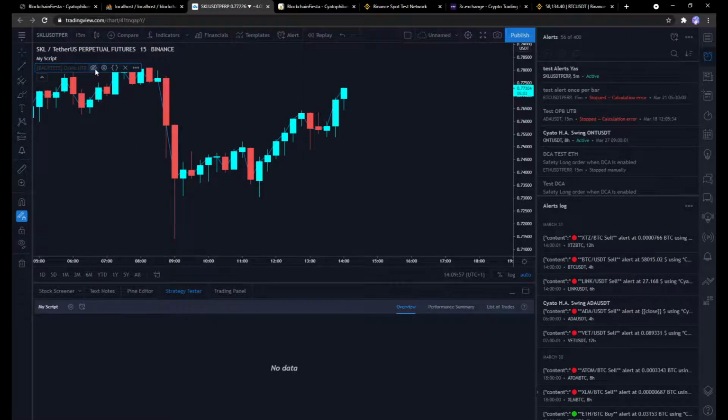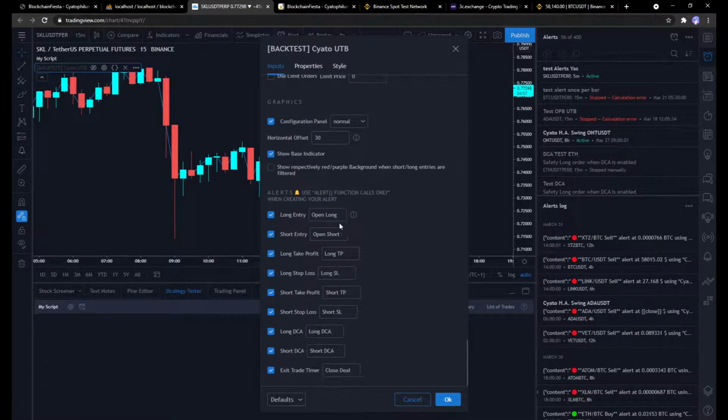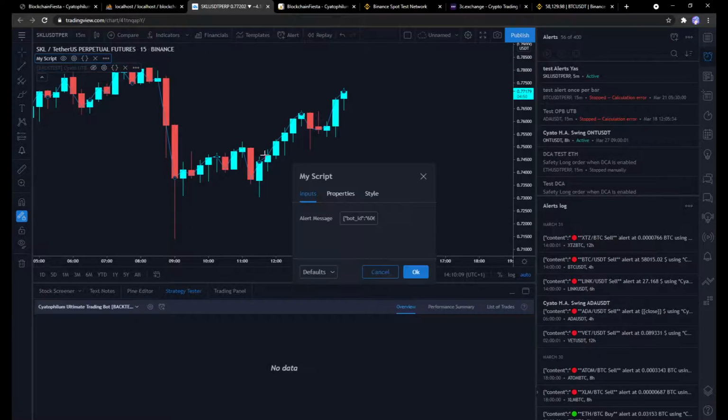Let's say I have my strategy with the ultimate, for example. I will just paste the message here, okay. But I created a test indicator just in order to get an instant alert, so I can test quickly.